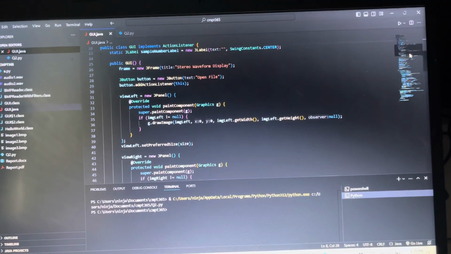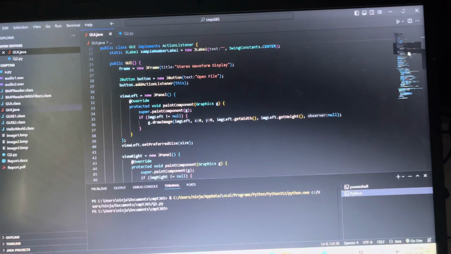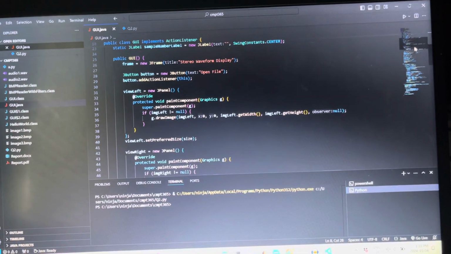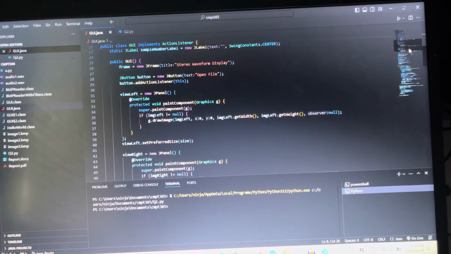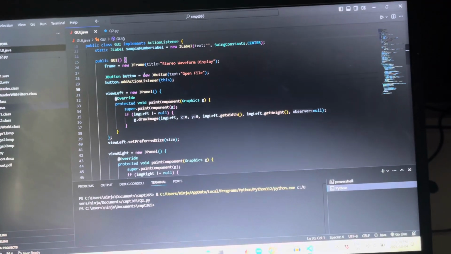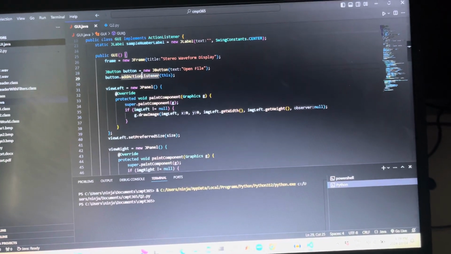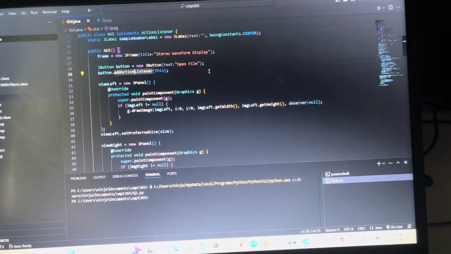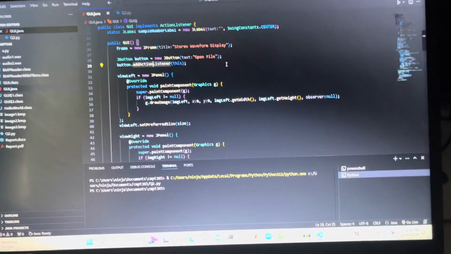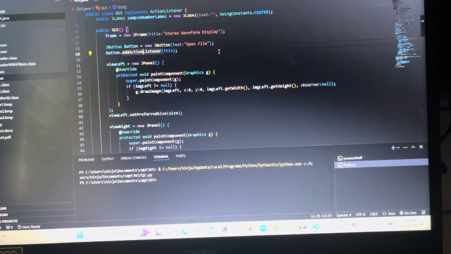So first I created a JFrame titled stereo waveform display for the main window. I then added a JButton to facilitate opening audio files. This helps me initialize two JPanel objects, view left and view right, which display the waveform for the left and